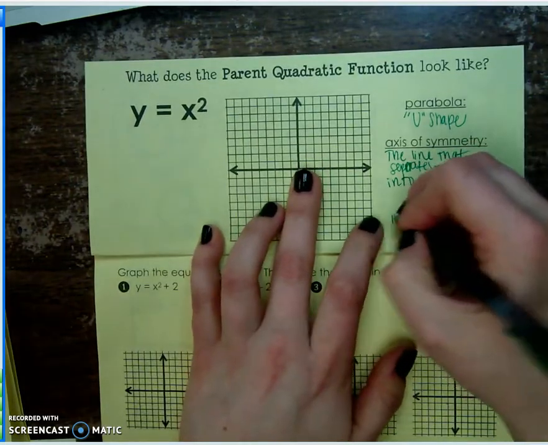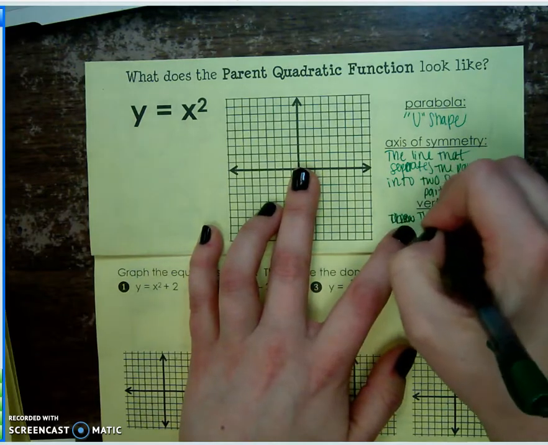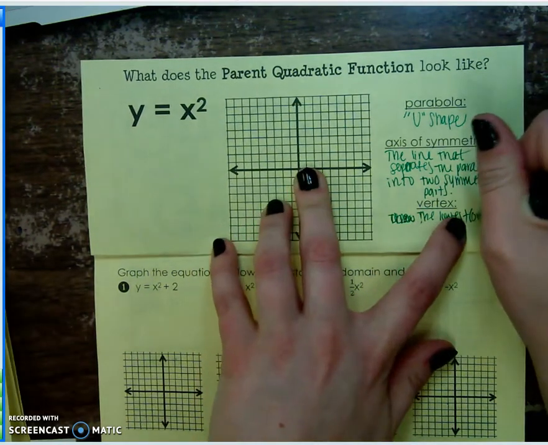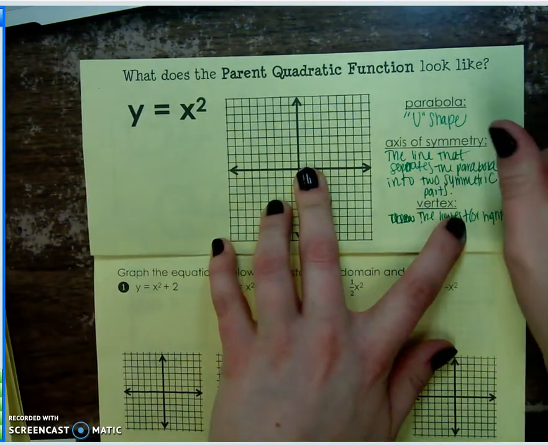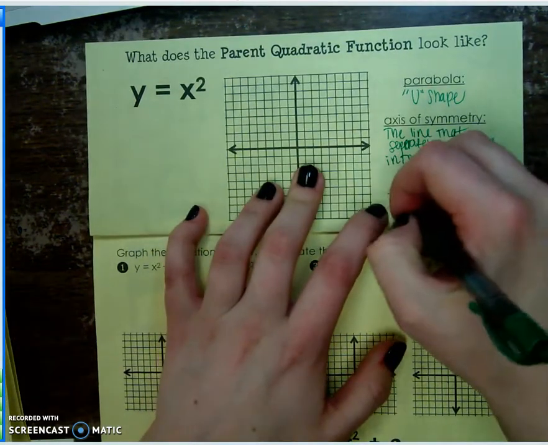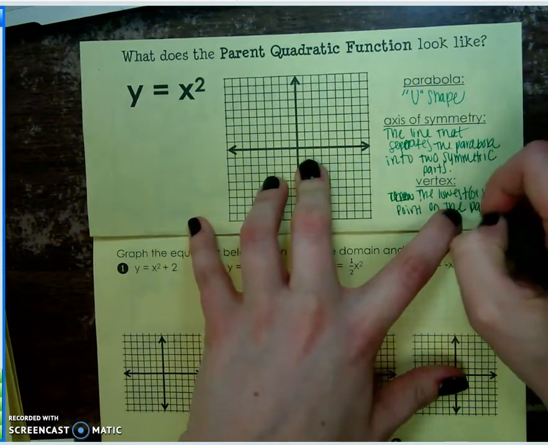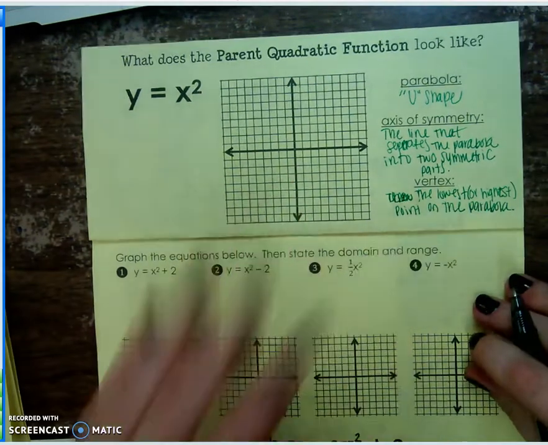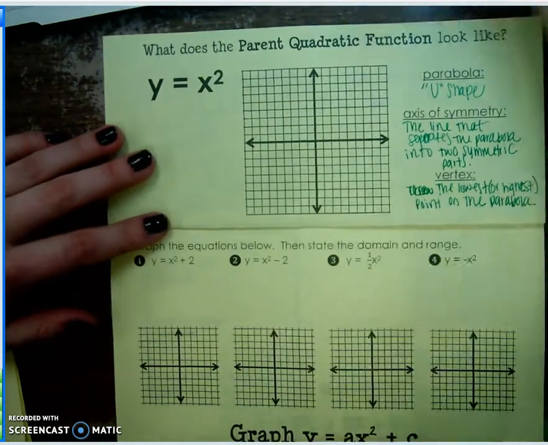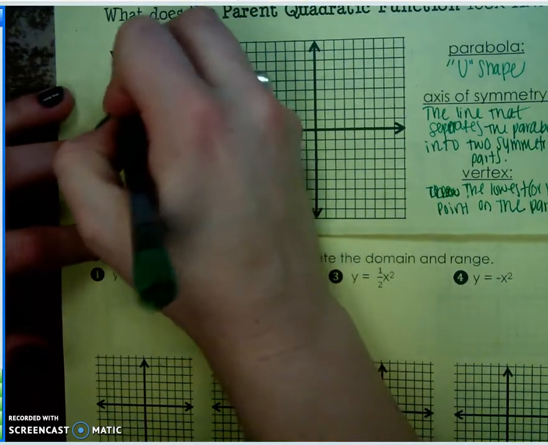And then we also have the vertex, which is the lowest, sometimes, or it'll even be the highest if it's upside down, point on the parabola. Okay, so let's see. If the parent quadratic function is y equals x squared, we're going to fill